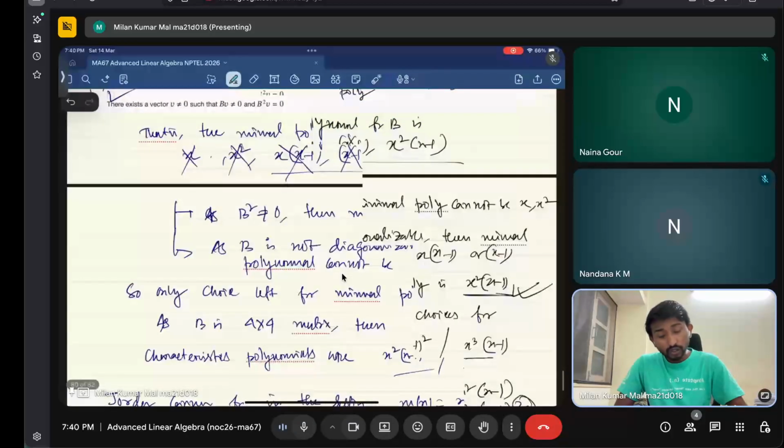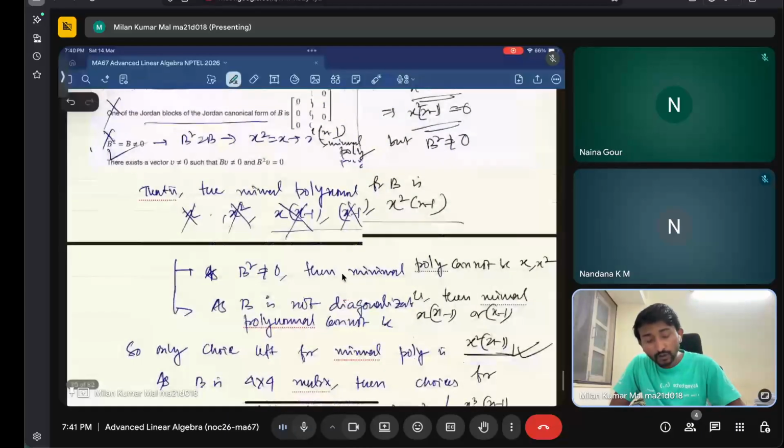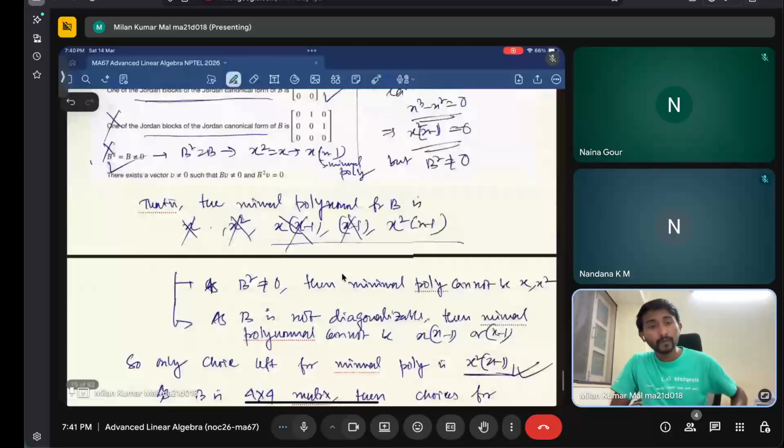Yeah. So note that here the minimal polynomial is x square times x minus 1, right? So there are two irreducible factors, p1(x) squared and p2(x), where p1(x) is equal to x and p2(x) is equal to x minus 1, right? Now due to the primary decomposition theorem,